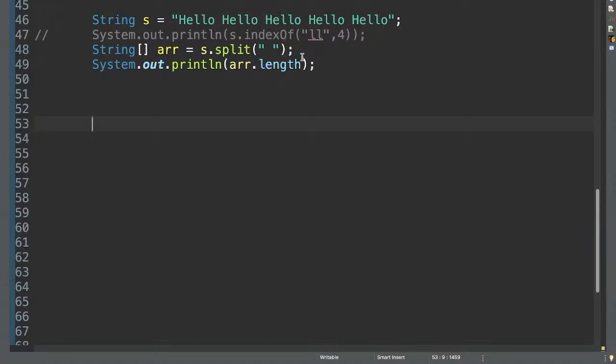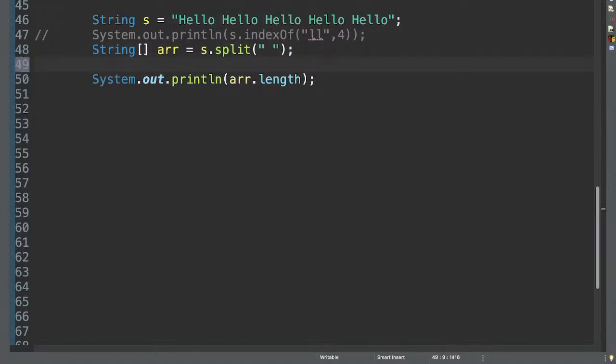So if I try to print my array, do not worry, I am just using a shortcut. We'll discuss this Arrays class and other methods, but not now. For now you can just